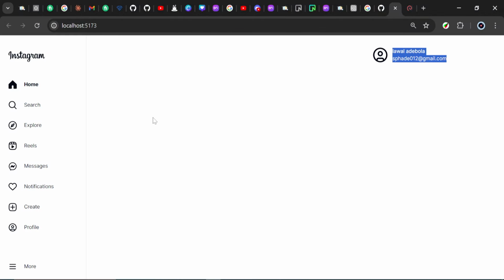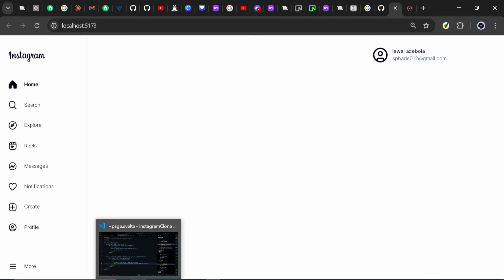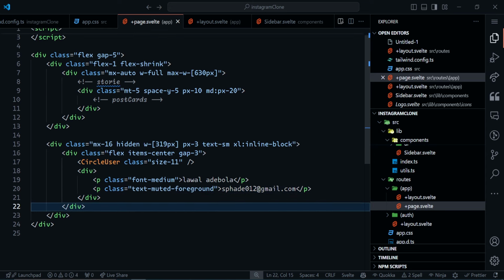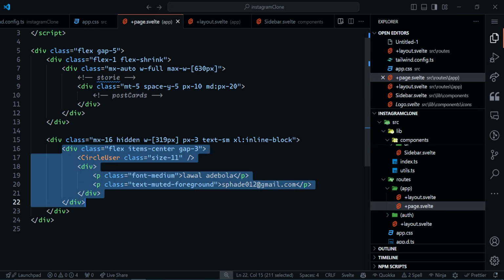Let's save this, check our browser, and we should see this show at this side. So this middle space is going to be the place we're going to put the postcards, and here we'll render the information about the user and some suggested accounts that we'll statically type out. Go back to your editor, and now you can come out of this div that's covering this whole thing right here,